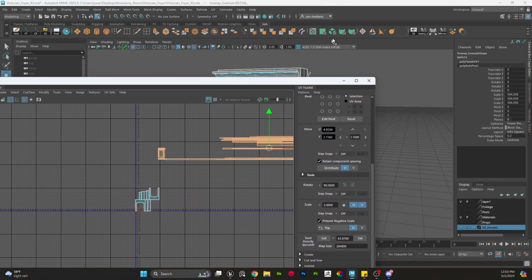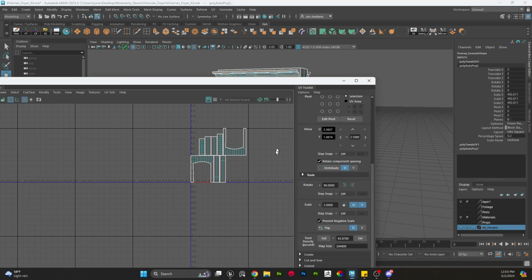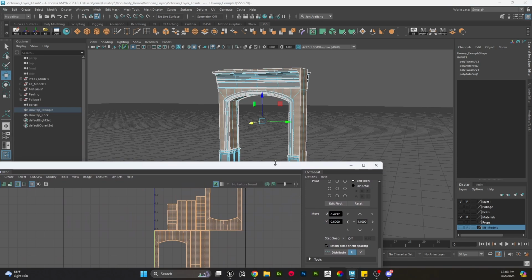This is kind of just my general way of unwrapping. Let's just go ahead and say that this stuff wasn't unwrapped at all, so I'm just going to put it off to the side. All right. So the nice thing about using tileable textures, and I guess one big benefit to this workflow